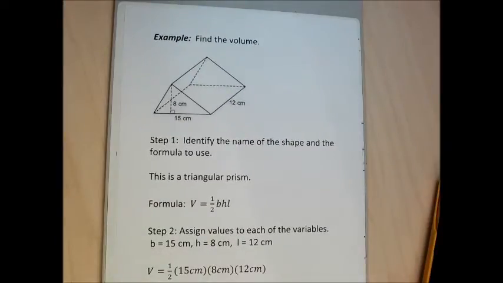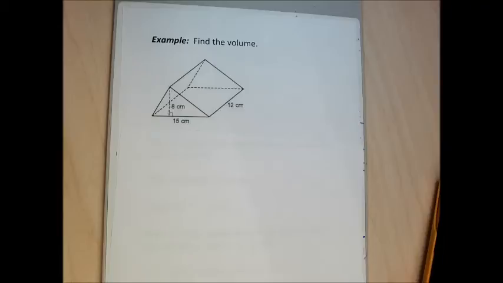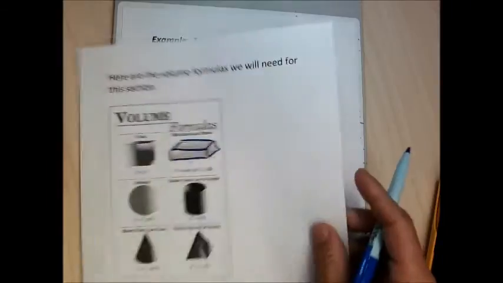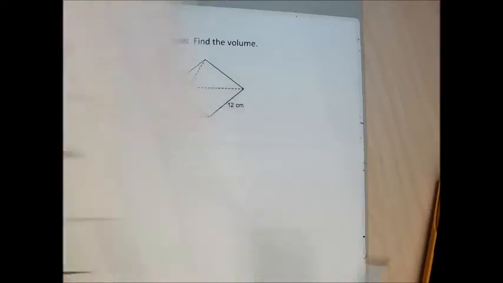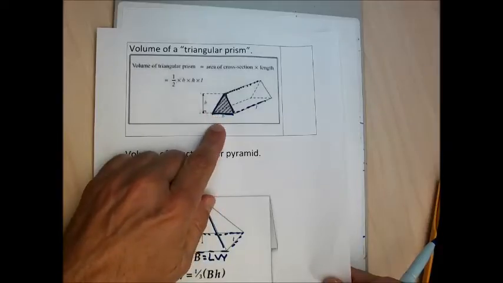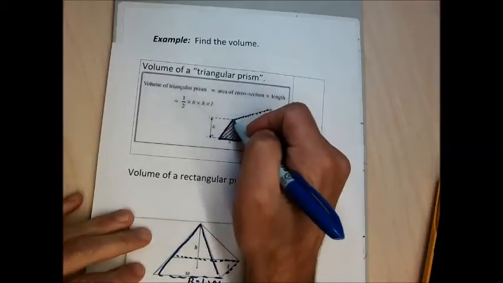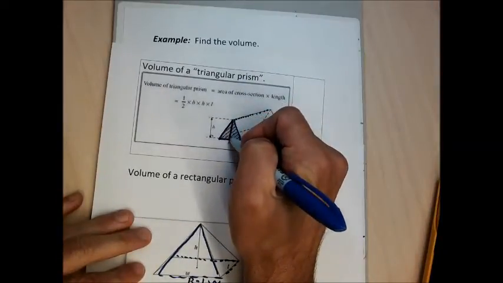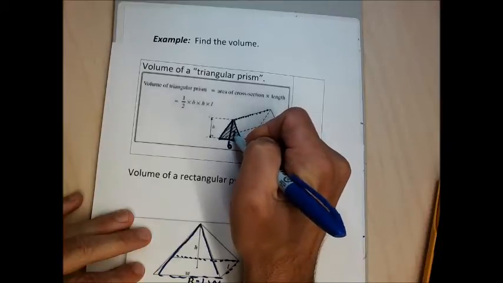Alright, so the next shape I want to find the volume for is clearly a prism because I can look through it. And then in the world of prisms, on our formulas, we have the box that's a rectangular prism because all the sides are rectangles. And we have this lovely triangular prism, and this is going to be a triangular prism, and it's really a rough formula here. You can barely see it. In this formula, in the triangular part, the area of a triangle is the base times the height over 2,